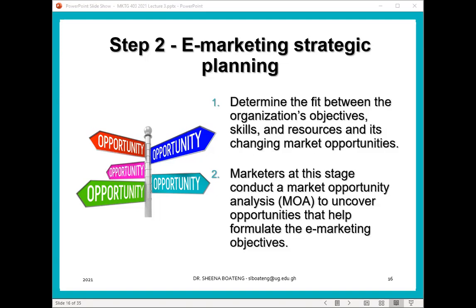Okay, so that's a good question. Now, the opportunities that are identified in the SWOT analysis are myriad, because you're looking at all the opportunities in general. But here you are specifically looking at the opportunities that e-marketing can help the firm to take advantage of. So whereas in the SWOT analysis, you are looking at all opportunities in general, including general marketing objectives and opportunities that you can use those objectives to take advantage of,